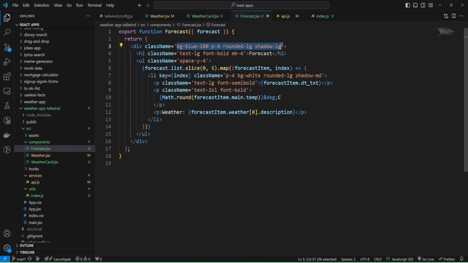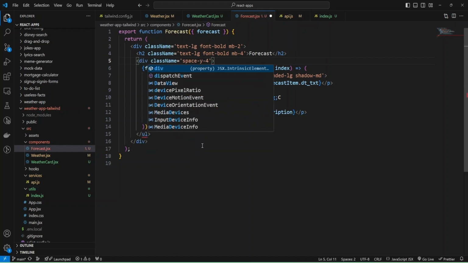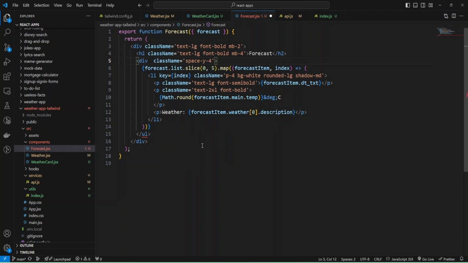I'm going to change this to make text large and make font bold, and add margin bottom too, and we'll leave this forecast, and also we need, and this unordered list I'll change to div, because I'm going to make it in one row instead of several rows, and let me do it, and I'm going to change to div and provide class name, will make it flex, and also I'll make flex row, and we'll add some gap between inner divs,